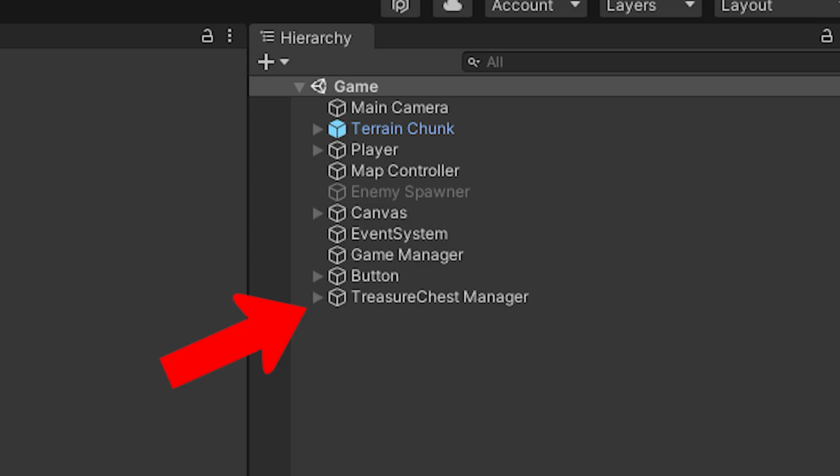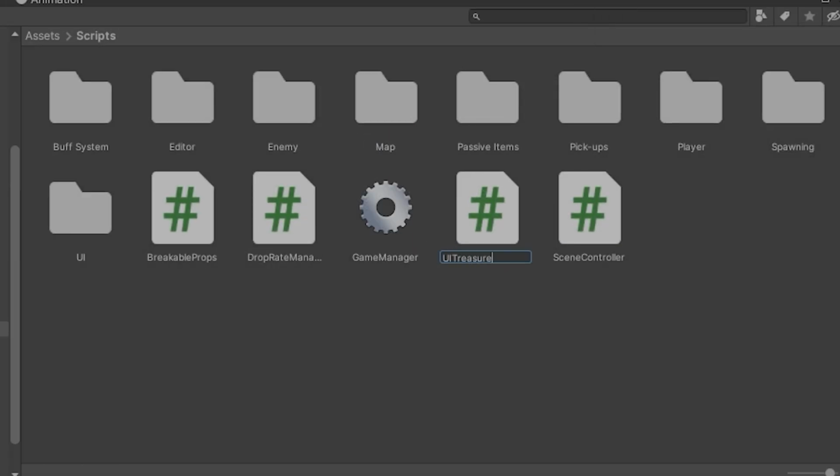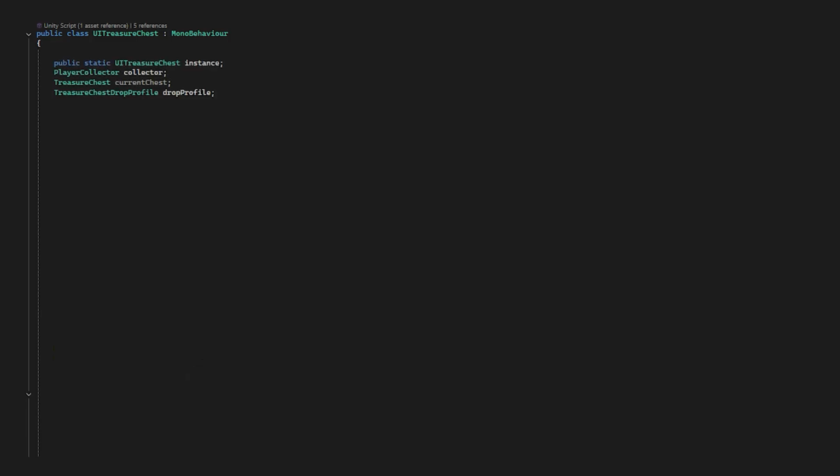Now, let's write a script for the Treasure Chest Manager. Start by creating a script and call it the UI Treasure Chest. Let's start by defining some important variables, since all treasure chests use the same UI to show rewards. Instead of each chest hunting for its own manager, we'll create one static variable and call it instance, which will